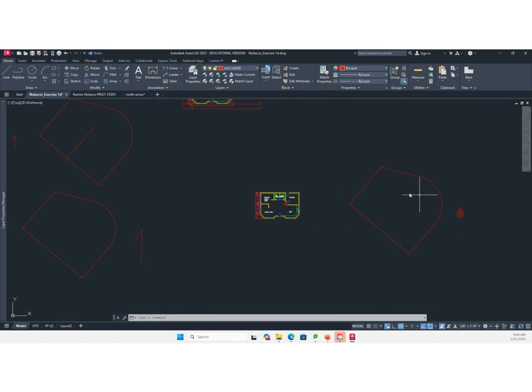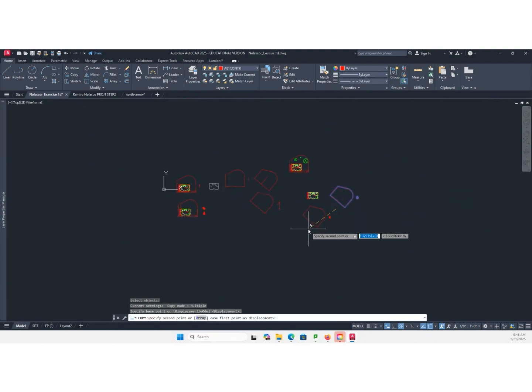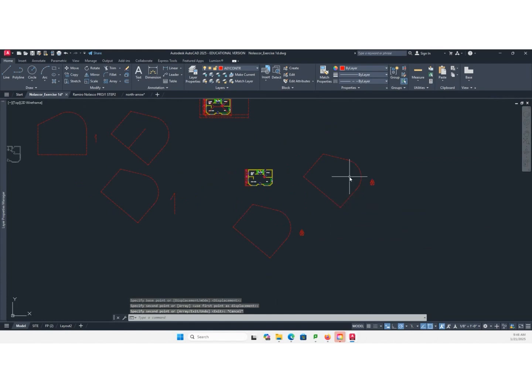So we're going to rotate this. I'm just going to make a copy of this. And that's the one we're going to rotate, so that you have a copy of your property oriented along the North Arrow.